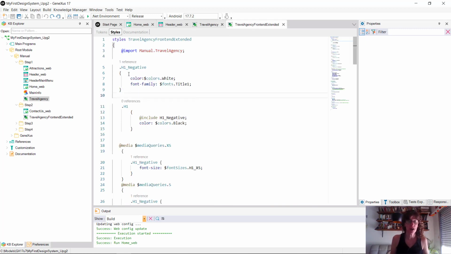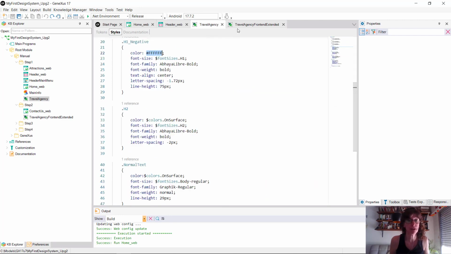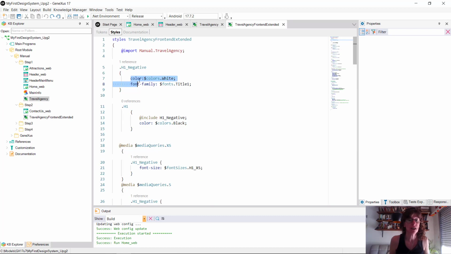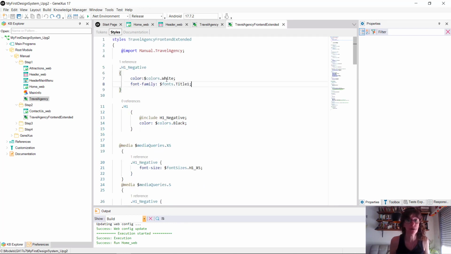So, what happened here? Why do we have the same H1 negative class specified that we had already specified in the design system objects that we import? Well, if we look here, what we're doing is we are redefining for that class that all the properties that it has will continue being the same, but for these two, the properties change. We are overriding them in a way. And why? Well, actually, the execution value will not change, but what we're doing is we're improving the language by using tokens that were not being used in the previous design system object.